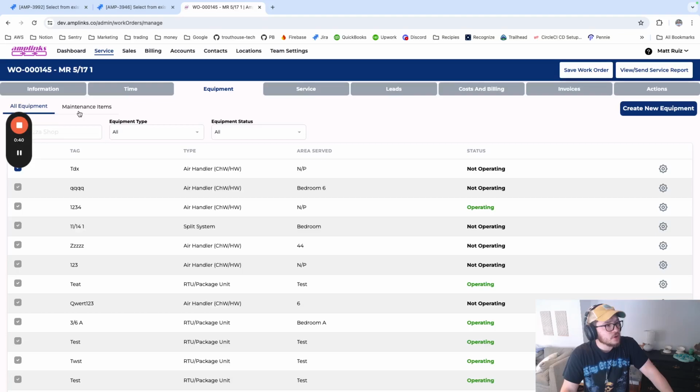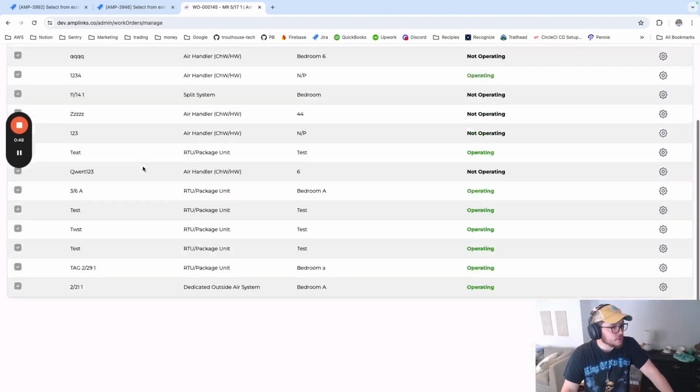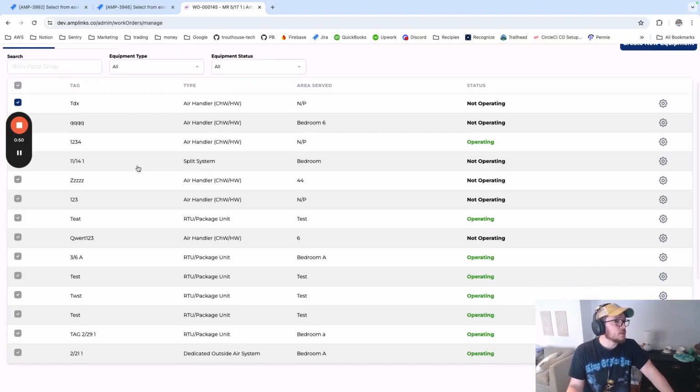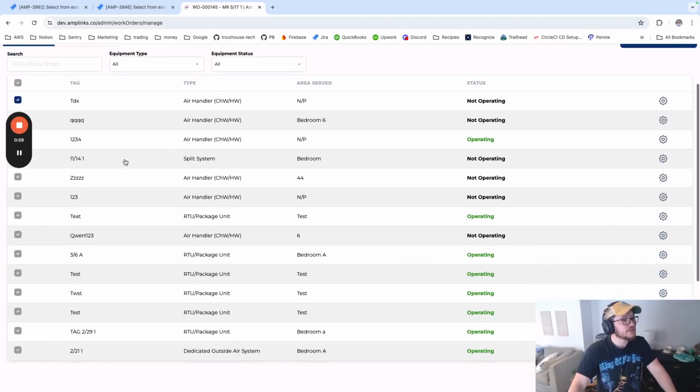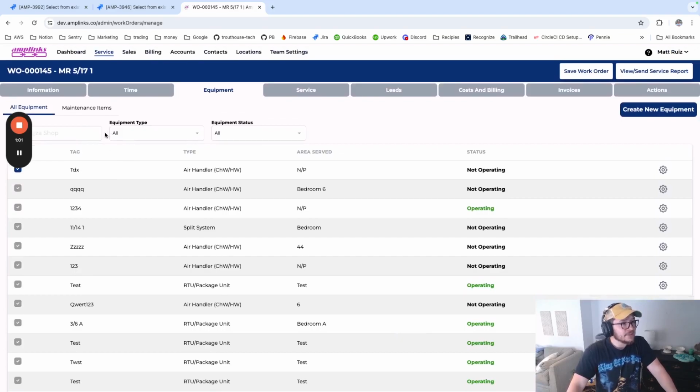But maintenance items, we also need an exhaustive list of maintenance items in this part. So we have all equipment for this location, right? This is a very real scenario where a location has a ton of equipment. Let's say we're doing like an apartment complex. Like there are tons of equipment there. I need to be able to see all of the maintenance items for all of the selected equipment as well